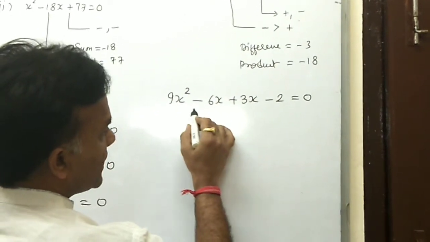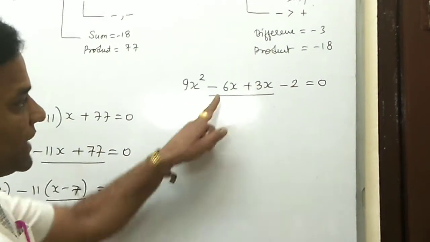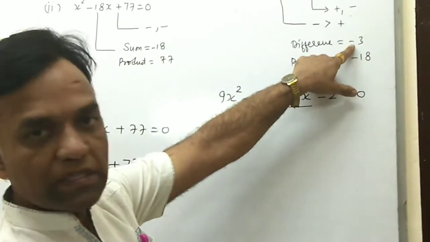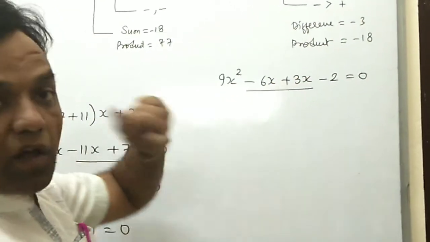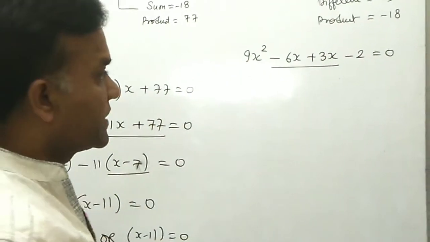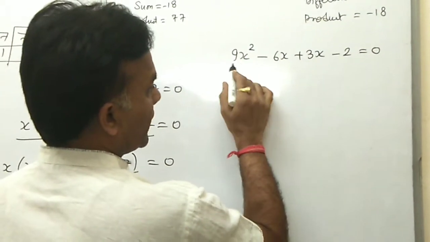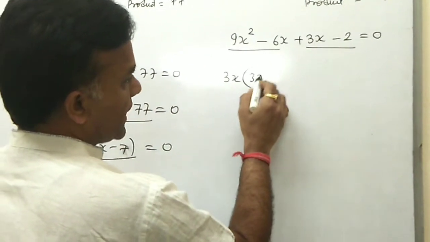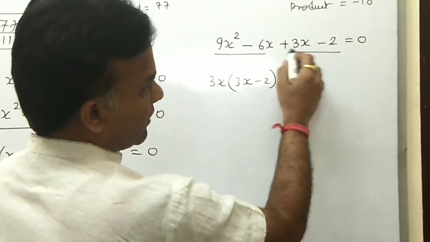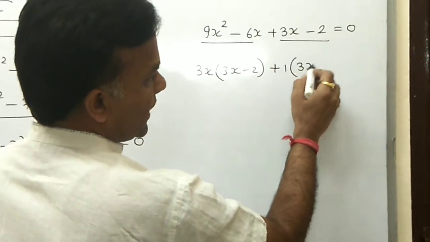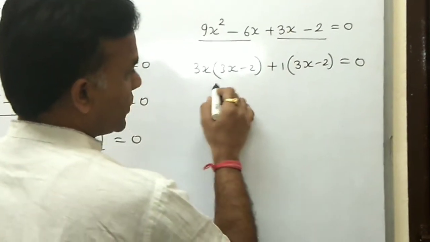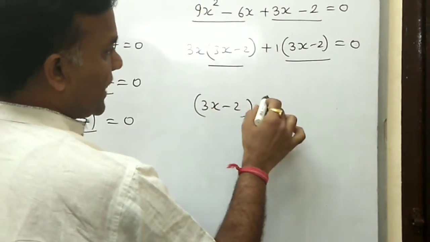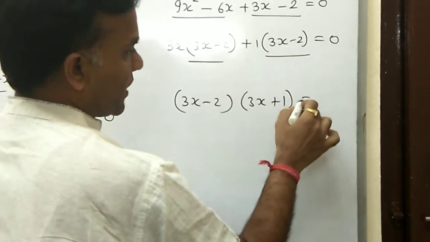Now here we split the middle term into two parts, minus 6 plus 3, and the minus value is greater than the plus value because the resultant value is negative. If the resultant value is negative, then always you take the big number as minus. Now we have two pairs, the first pair and the second pair. In the first pair you take common 3x, so you have 3x minus 2 here, and then nothing, no value is here, so you take 1, 3x minus 2 as it is. So 3x minus 2 again is common overall, so you put it outside, and the rest value is 3x plus 1, equal to 0.